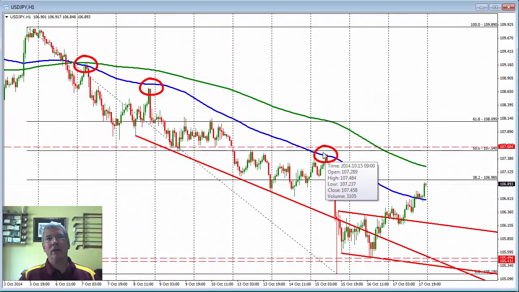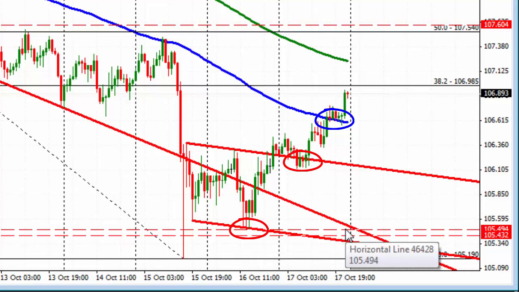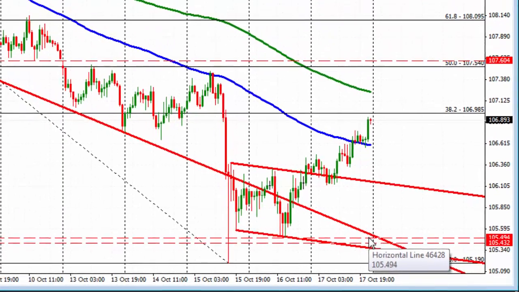We didn't move it above it here, did we? We didn't move it above it here, did we? We didn't move it above it here. In fact, this whole area started the decline to the downside. So this is somewhat significant, as is this 43 level, as is the break above here. So we're seeing a progression to the upside here from a technical perspective that has me more bullish as we